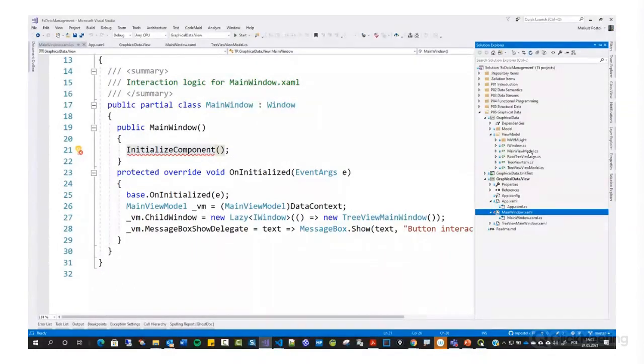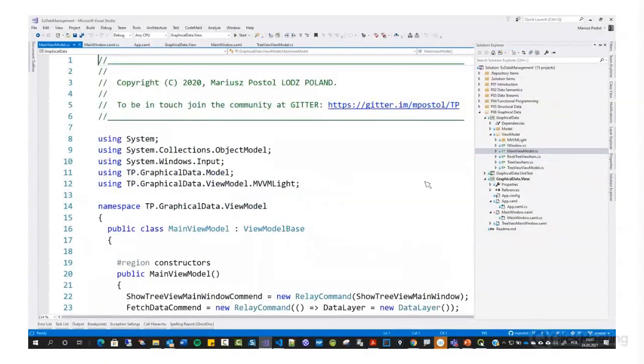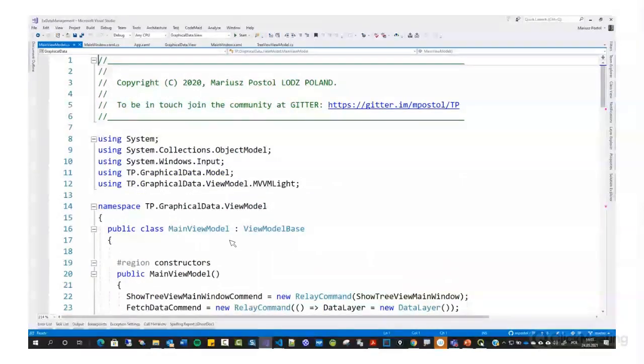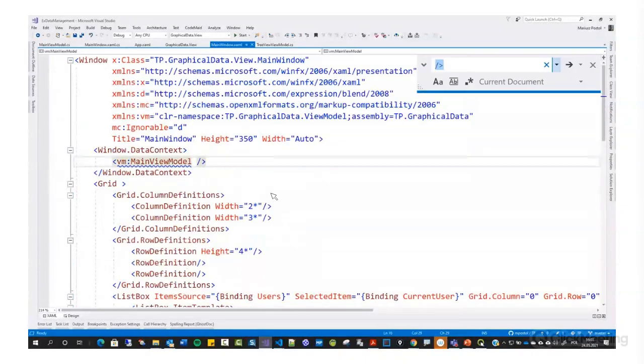Of course, we should expect that main view model is a class that should be created next. Let's try to find this name. Control C, and where is XAML here? Control F. You can see that in this line we are referring to this name. VM, it's a